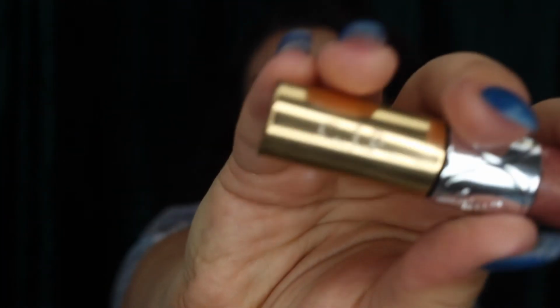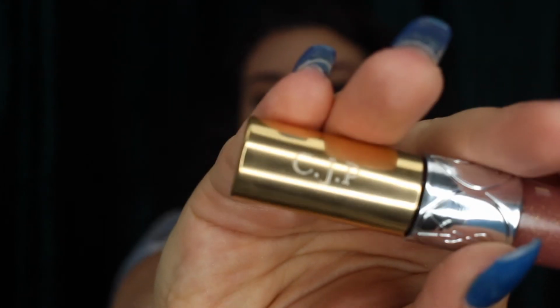And I really like the shade of this lip gloss, and I actually just picked it up again the other day because Sephora was doing this really cute thing where if you bought any lip product you could get it engraved. So I got my initials engraved, if the camera will focus. I don't know if you can see, but it says CJP. It's really cute. I love it. And I'm just going to take that